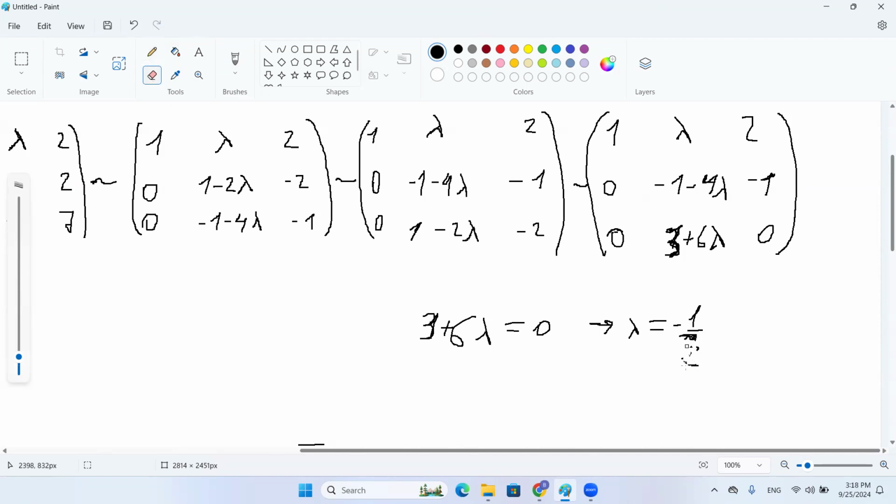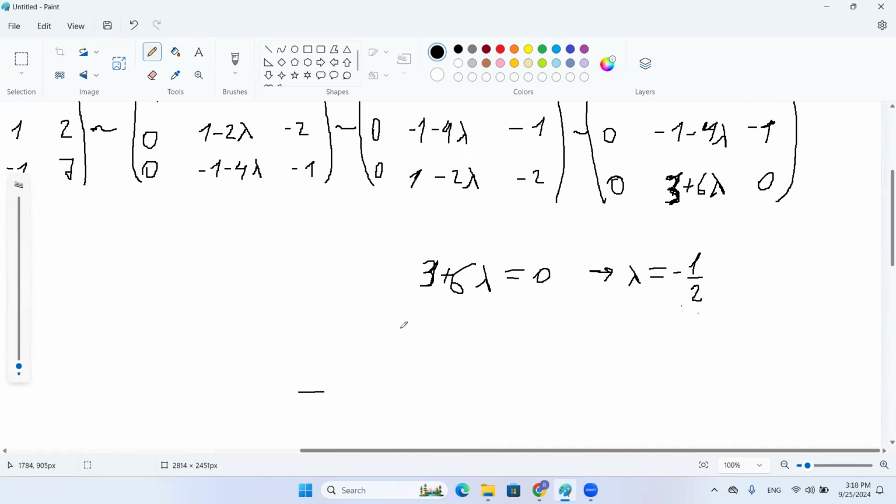But let me write it in a more beautiful way. Some miscalculations, thanks for your attention. So lambda is equal to minus 1 second,